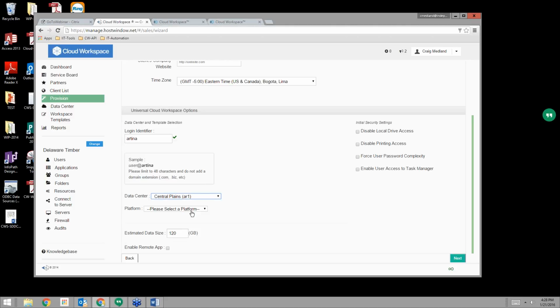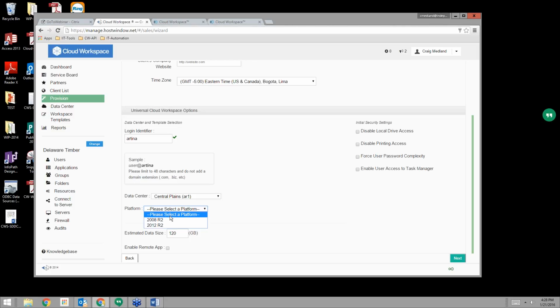Now each data center will come configured with a different set of templates. The first step in choosing which template to create the client from is deciding which version of Windows you want to provision that new client on: 2008, 2008 R2, 2012 R2. Sometimes this decision is based on the line of business apps they want to deploy.